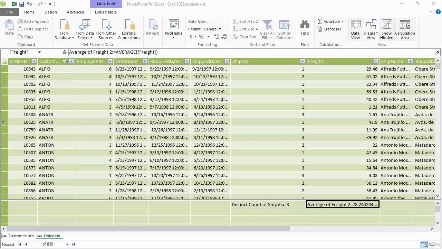So we've created calculations in two different spots within our Excel document. We've created calculations inside of the pivot table. We did an average of the freight, and we did the exact same thing inside of our data model through the PowerPivot tool. Now, one of the benefits of creating calculations such as the average freight or the count of ship via inside of the data model is we can now create KPIs or key performance indicators based on those